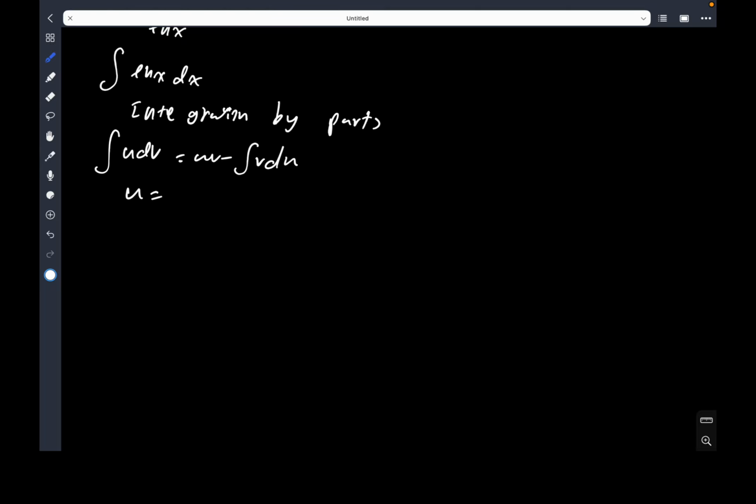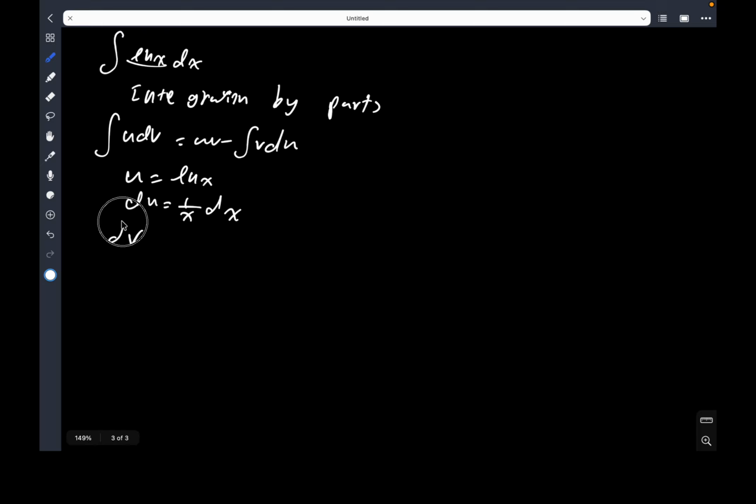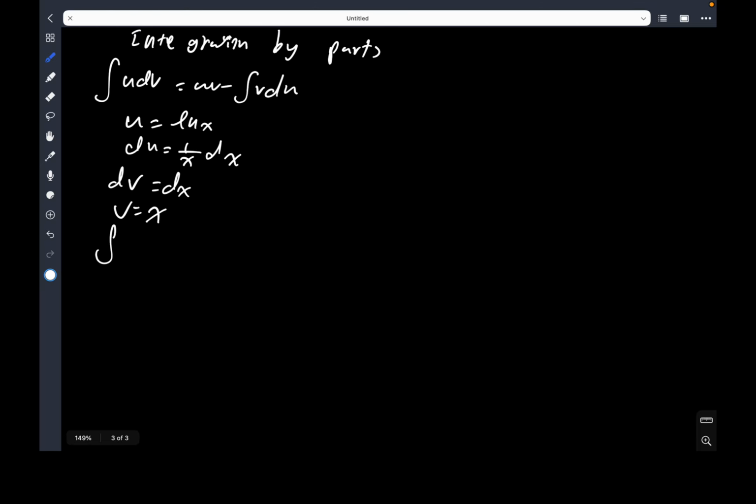My u here is going to be ln x. My du is going to be 1 over x dx. My dv is going to be dx, and v is going to be equal to x. And if I want to integrate ln x, it is going to be x ln x